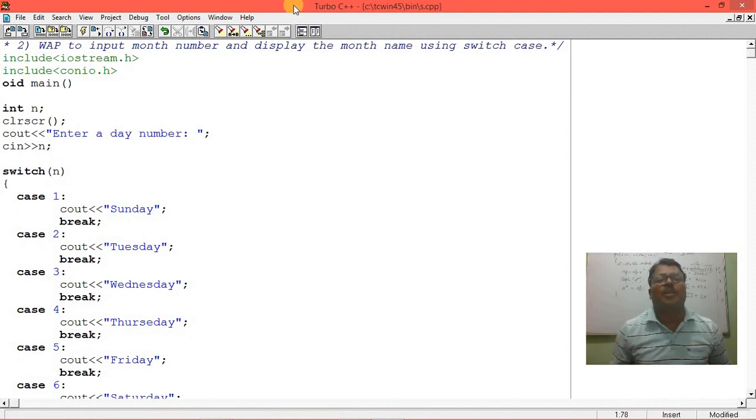We have to input the month number and display the month name. So cout: enter the month number, and you can use any variable you want.